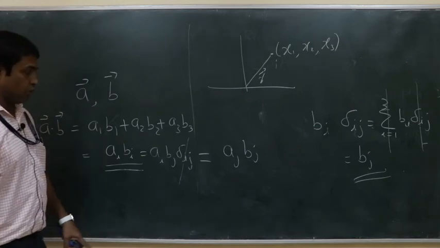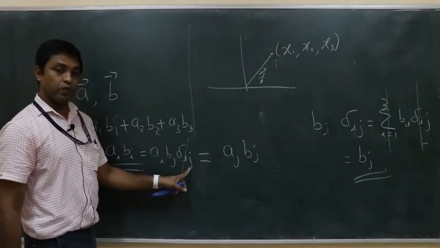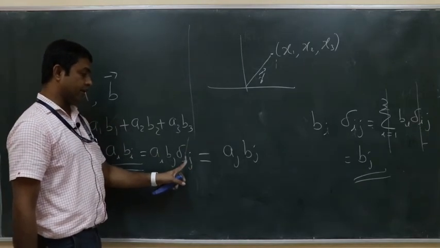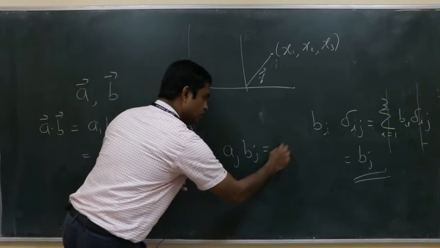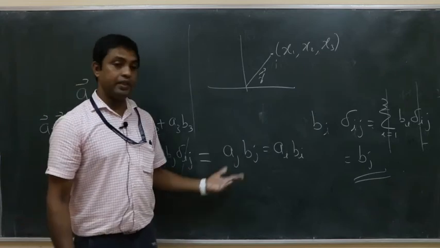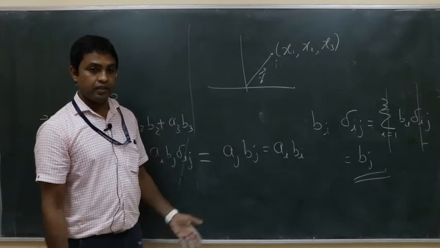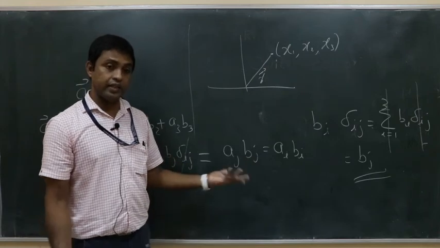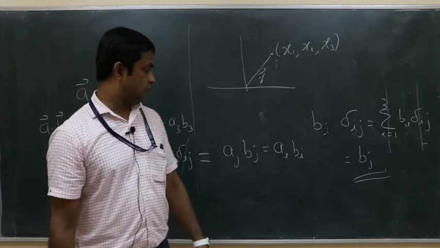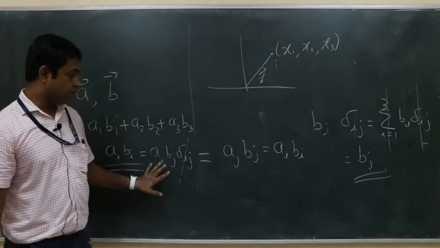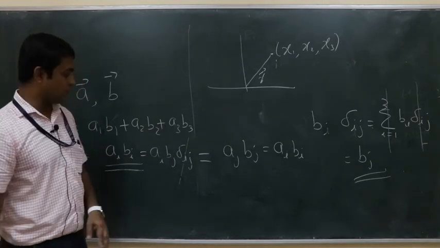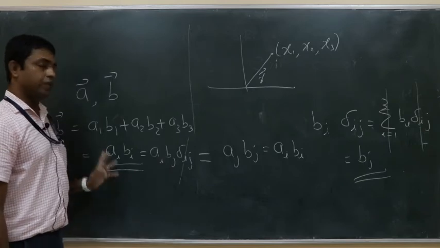You can do the other one also. J is also summed over here. So I can remove delta, and wherever j is appearing, I can use the other index. So this is also equal to ai bi. But we know that, right? Because aj bj is the same as ai bi. Why? It's a dummy index. I can replace that j with any other index, if the other index is not appearing as a free index in the equation. So that is the way. Or you go home and explicitly write down all the expressions. You will see ai bj delta ij will be ai bi.